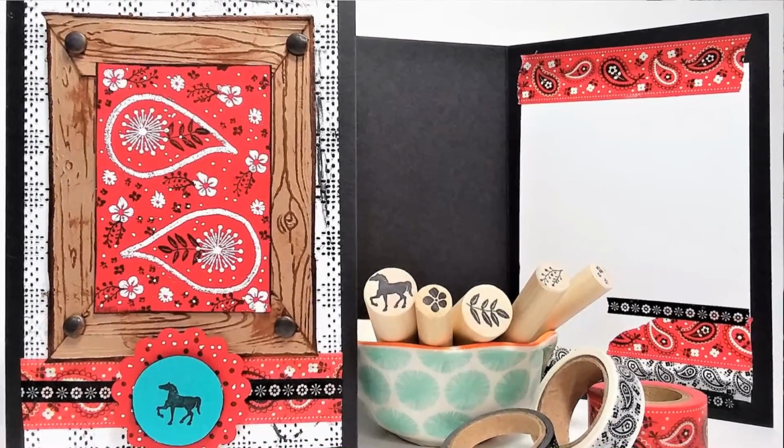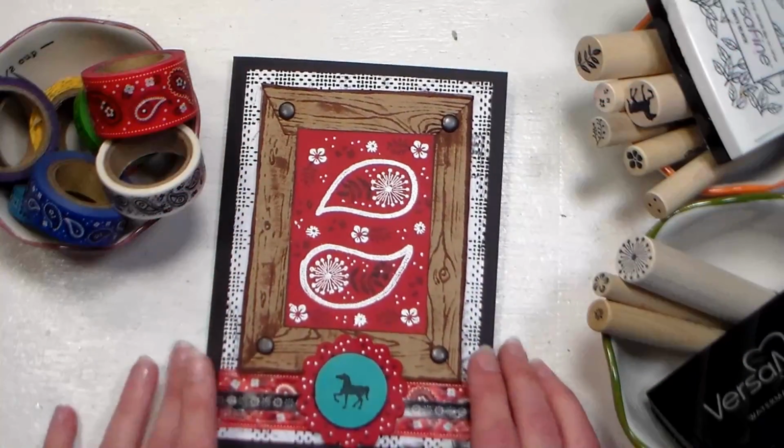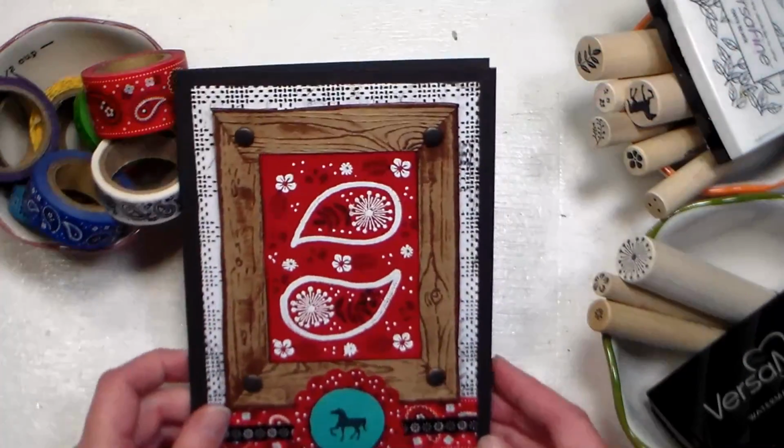Today I'm going to show you how to take small stamps and make Paisley designs. We're going to make a really fun country themed card, and we're going to use some rubber stamps from our